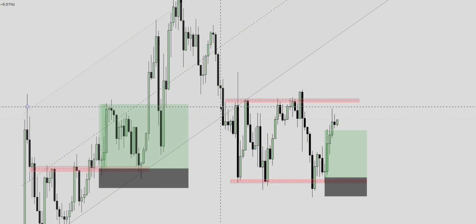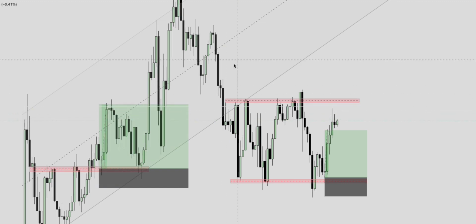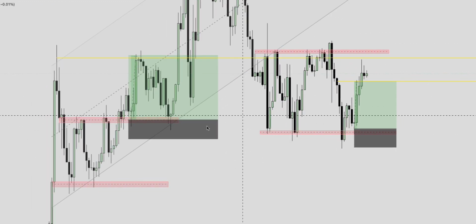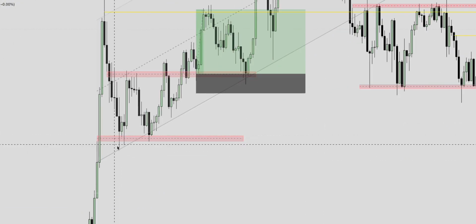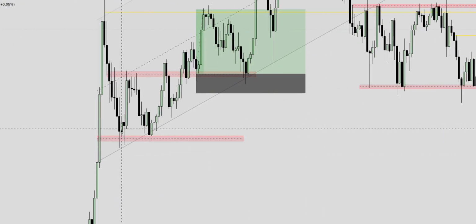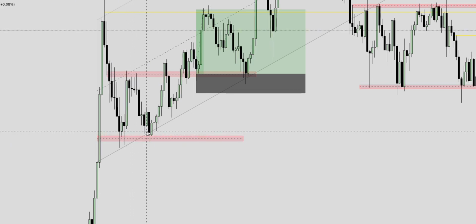Even after taking this trade, I was still observing buy around this trend line. So I wanted market to come to this trend line, react off the trend line, then I can look for entry. So I want a reaction, the same way we saw a reaction at this trend line here. Market came, reacted, then you can look for entry here.